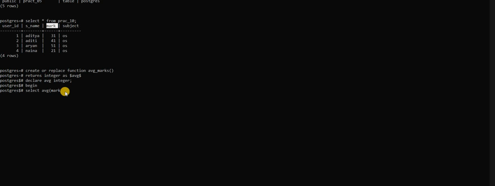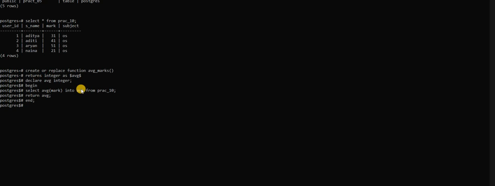This is case sensitive, it will show an error if you write it otherwise. So select avg(marks) into avg from prac_10, then put a semicolon. Now you just have to return avg, and then end the implementation.